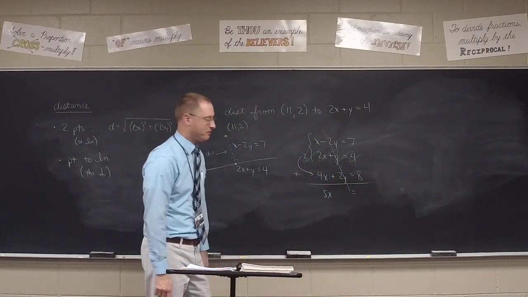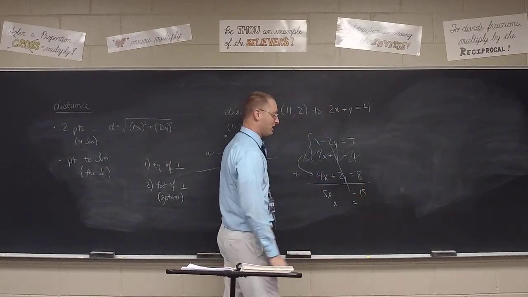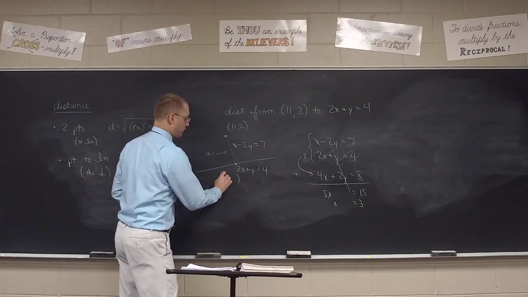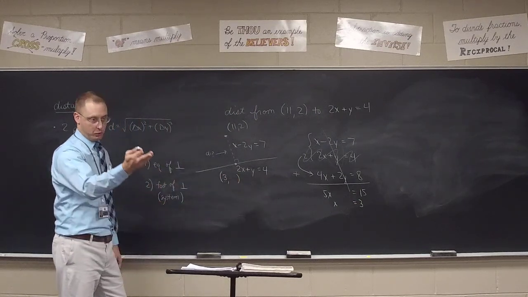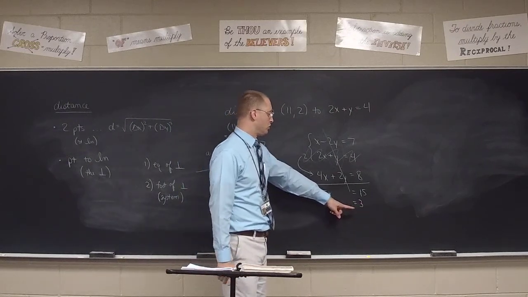7 plus 8, 15. And so therefore x is equal to 3. Well, that's the abscissa of the foot of the perpendicular. We still need to get the ordinate, so of course we're going to plug in the 3 into